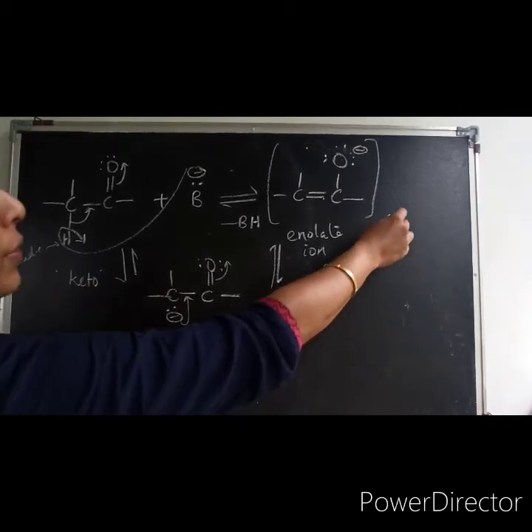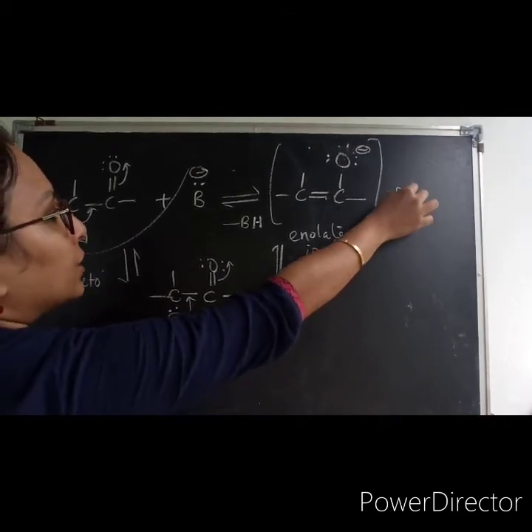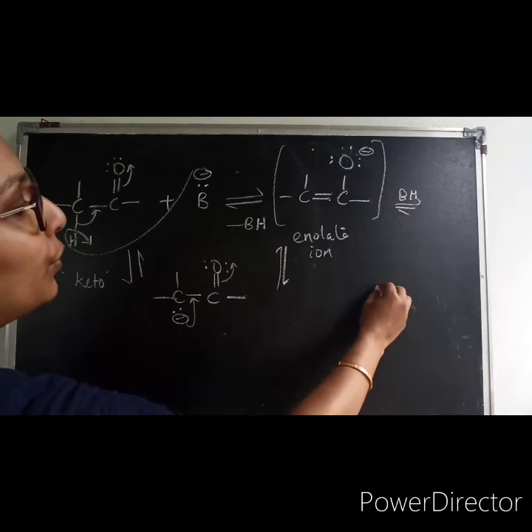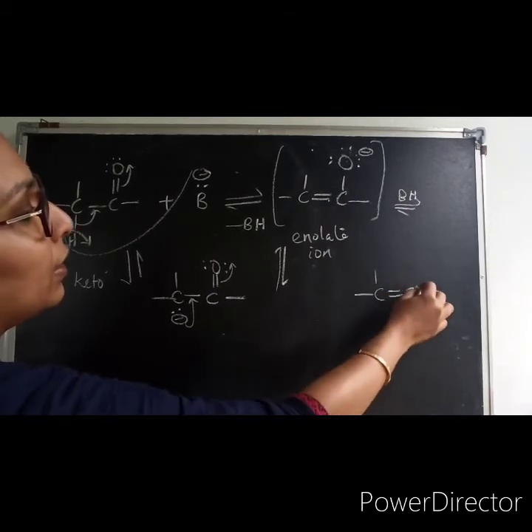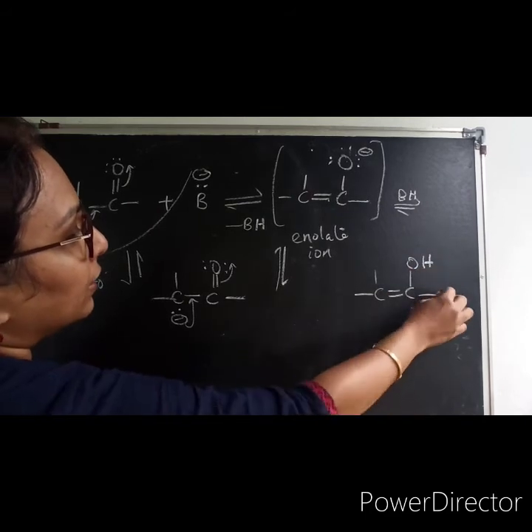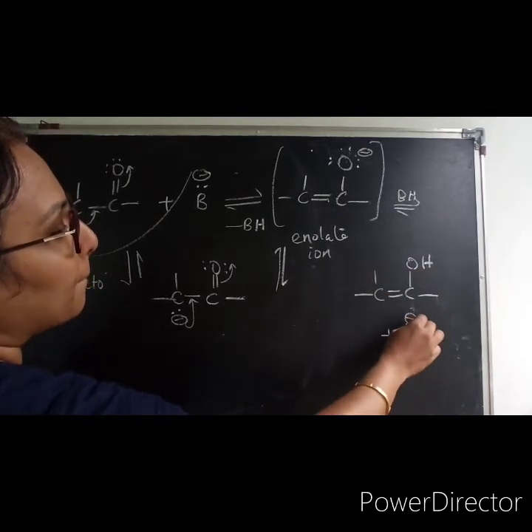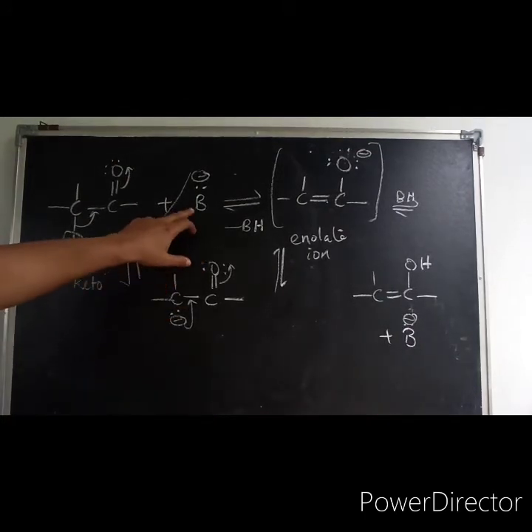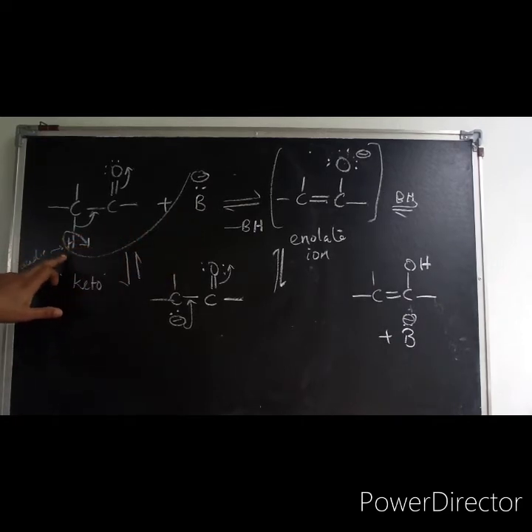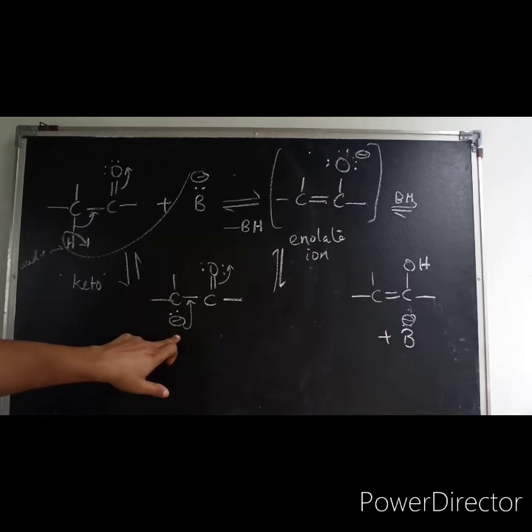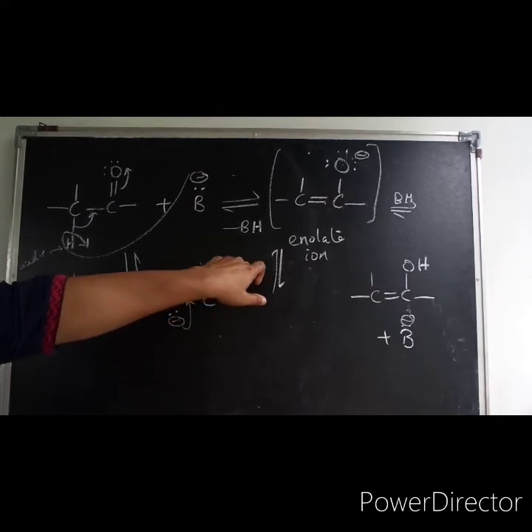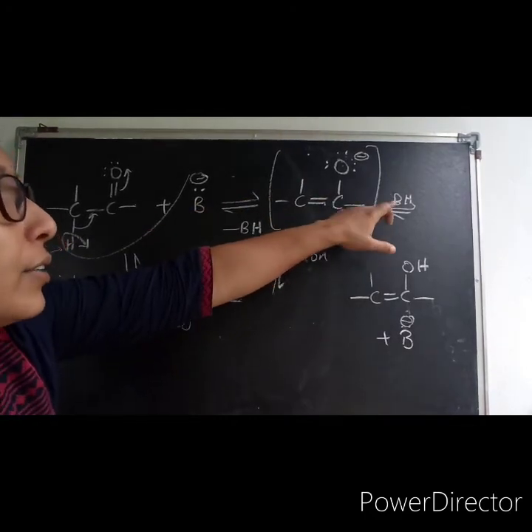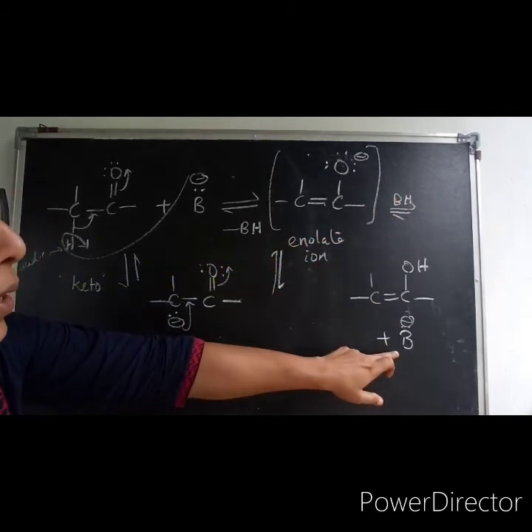Now what will happen? For this enolate, the base H will come, and this H will be going as H plus to this side. So you will be getting C double bond C, OH, plus B minus. The base will be regenerated, so it will take another molecule for deprotonation. So for the first step, what is happening? The base is deprotonating the acidic hydrogen, and you will be getting a negative charge over here. This will be involved in enolization. You will be getting this enolate ion, and the enolate ion will be protonated by BH. So H plus will be going, and B with the bonded pair will become the base.